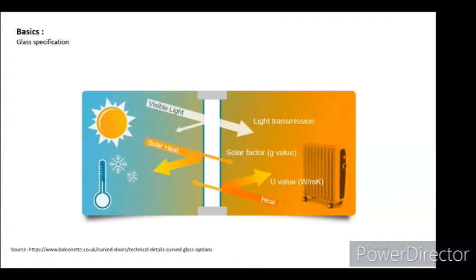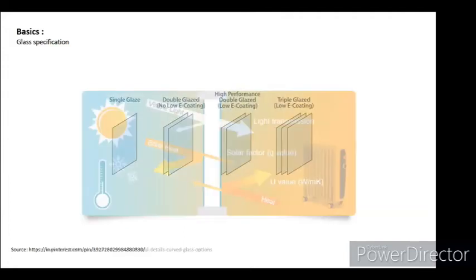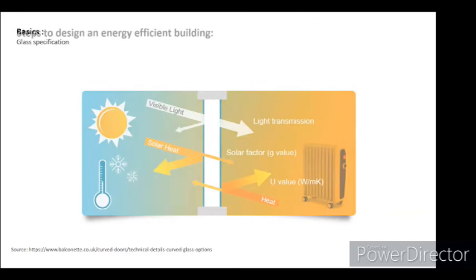So a good shading system and a good glass should be more than enough, at least to give a better start. Of course, there are many other variables, like you have to look into your thermal mass, you have to look into what kind of local materials you are going to use. But in this presentation, I just want to give a good understanding towards the glass and the shading system.